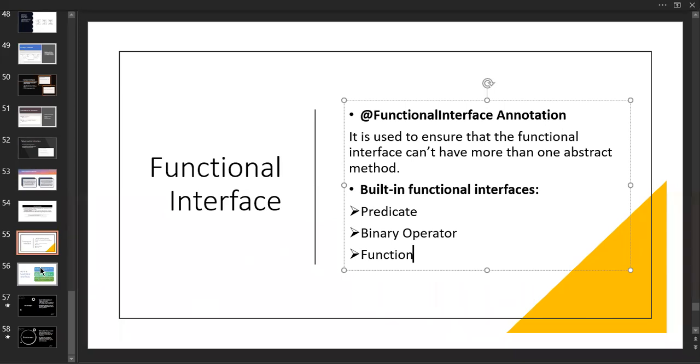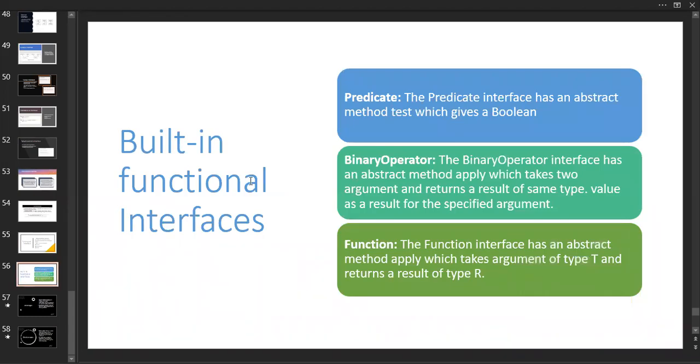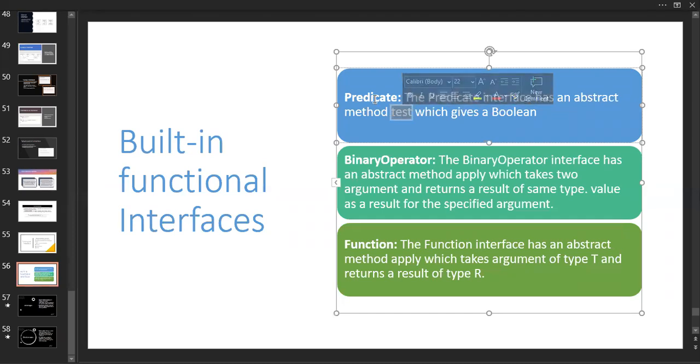And one more thing I want to tell. What is a predicate? The predicate is nothing but a predefined functional interface available in Java. What is it going to do? It has a method, test. This is the test method inside a predicate. I'm going to show you what is the use of this. In some conditions we are going to use that. We'll go for the example so that you will get a clear idea about it. The predicate consists of a test method which gives us a boolean.